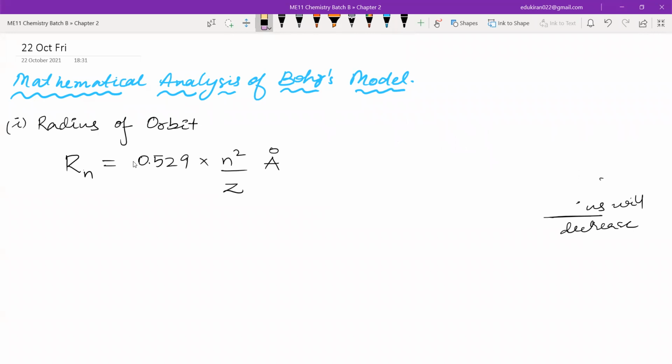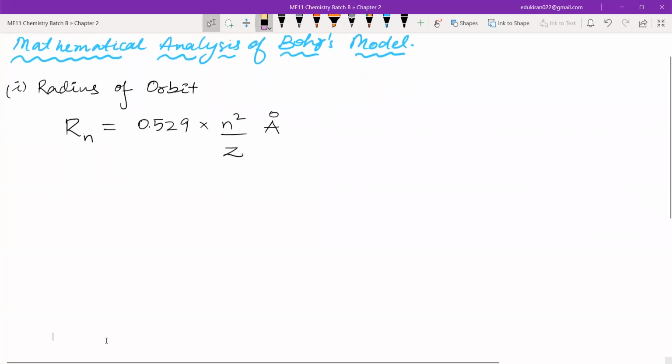The next is the total energy of the electron. Whenever you feel a force, for example, some kind of gravitational force, it means that you have some kind of potential energy. Now, the electron here is experiencing a pulling force from the nucleus of the atom, and that is why it should have a potential energy. And since the electron is revolving, it should also have a kinetic energy.